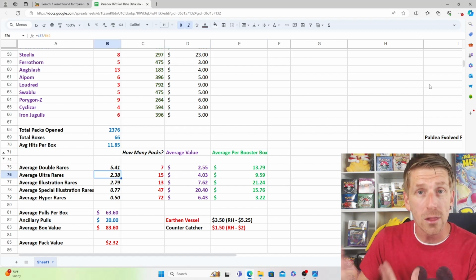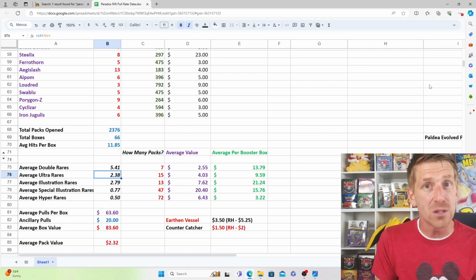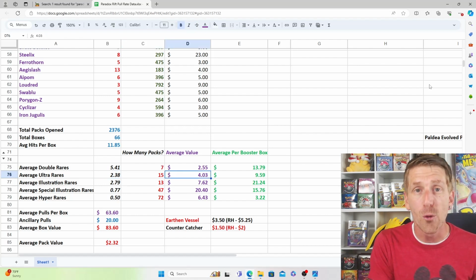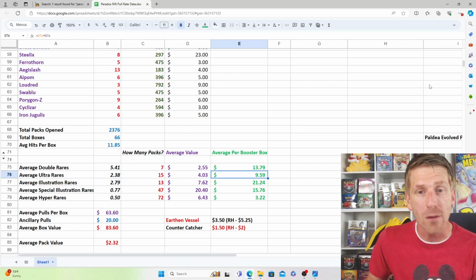The full arts are doing a little bit better than the last time we looked at this. You get 2.38 in a booster box, 1 out of every 15 packs. Your average value for full arts is $4.03. Obviously, you could pull some of those bulkier ones, but you could also pull that Professor Sada. You could pull the Roaring Moon. You could pull something a little bit better. Because of that, your average value is $4.03 per ultra rare. That means on average, your booster box should have about $9.59 worth of value when it comes to those full